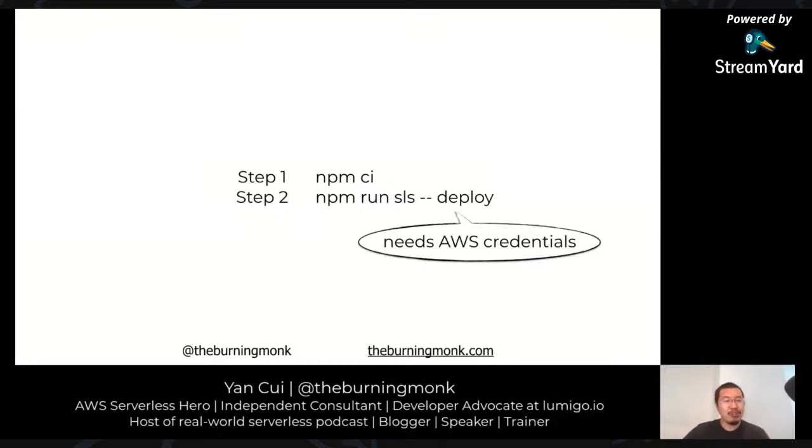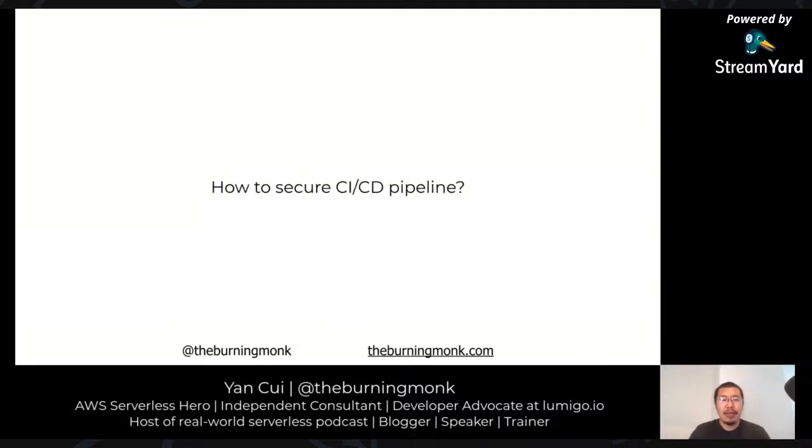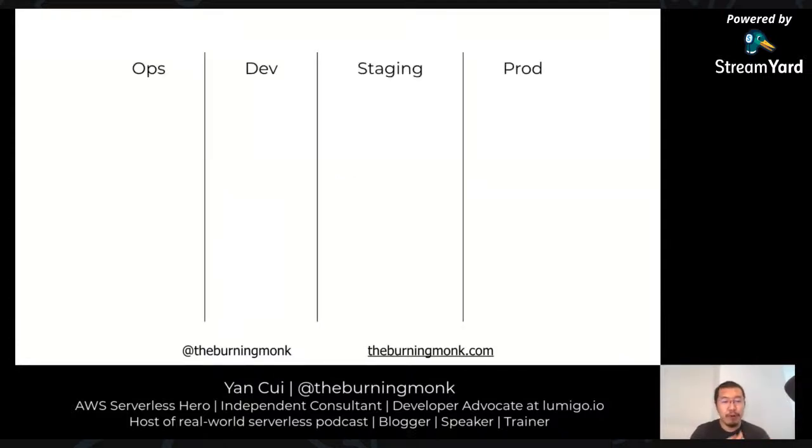But to do this, we still need to have our AWS credentials to run our deployments, right? And a really common question I get is, well, how do I secure my CI/CD pipeline itself, especially when I'm using third-party CI/CD tools where I need to take some AWS credentials and put them into environment variables and some kind of a secret vault. So far, the best approach I've seen is assuming that you have multiple AWS accounts, say you have one for every environment.